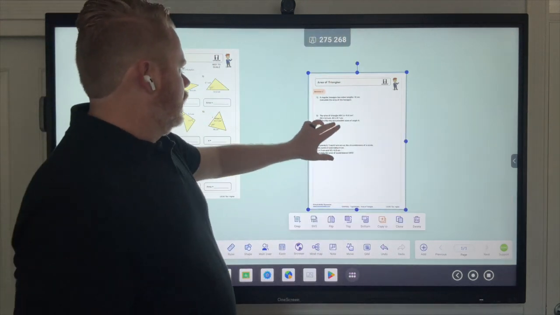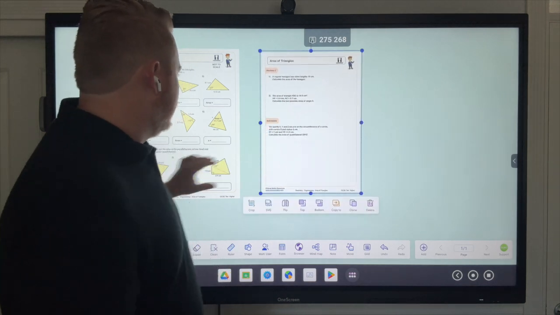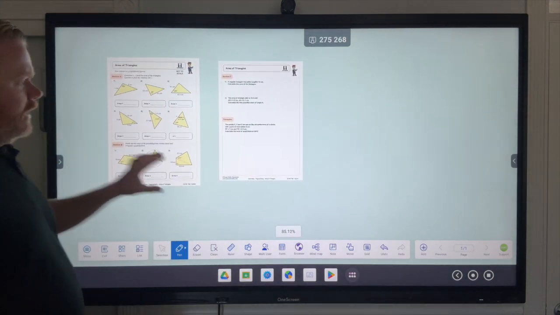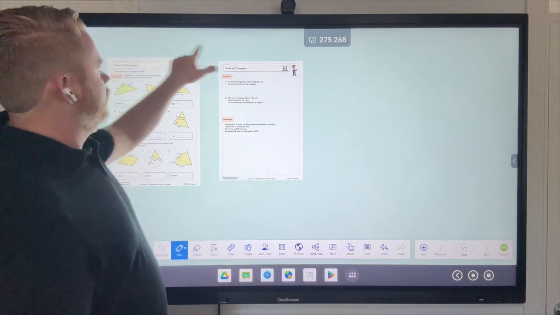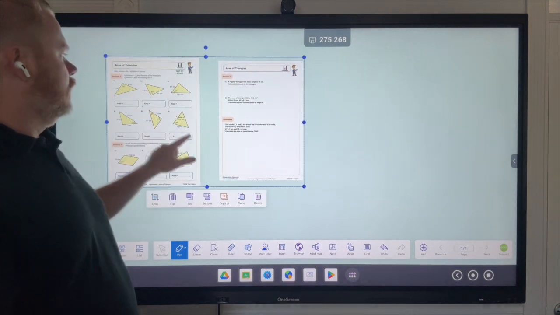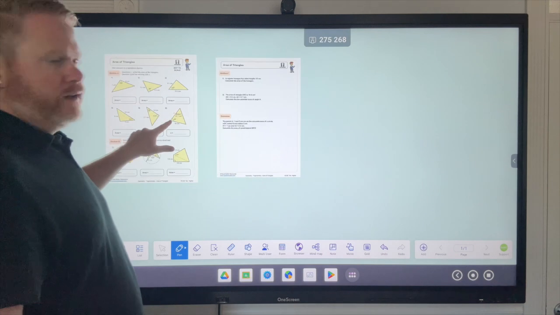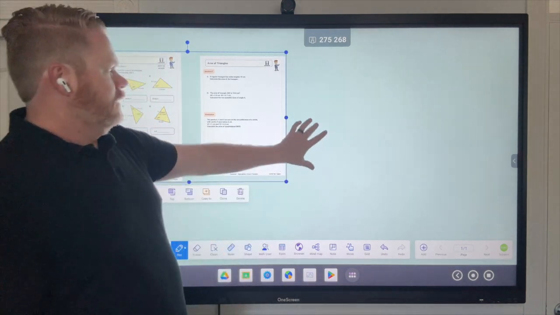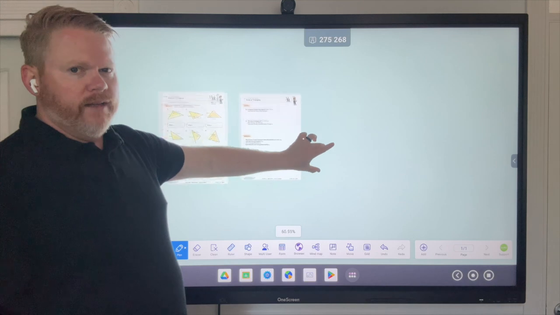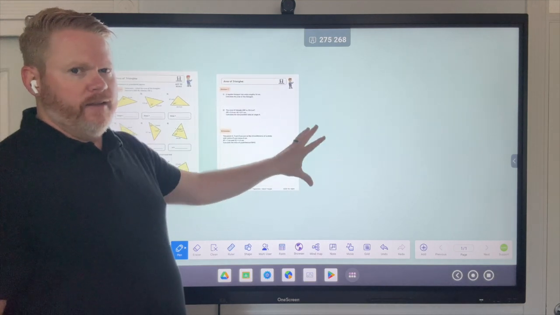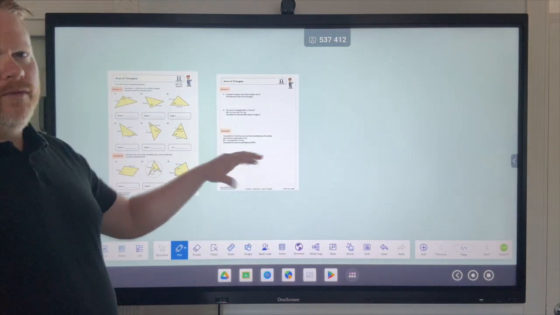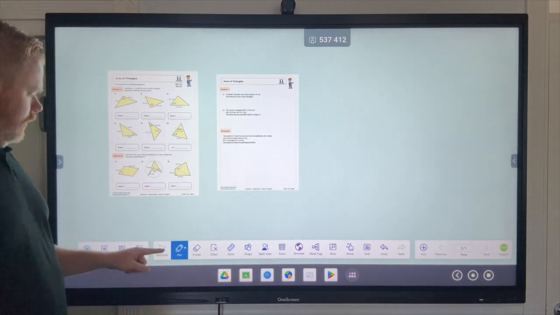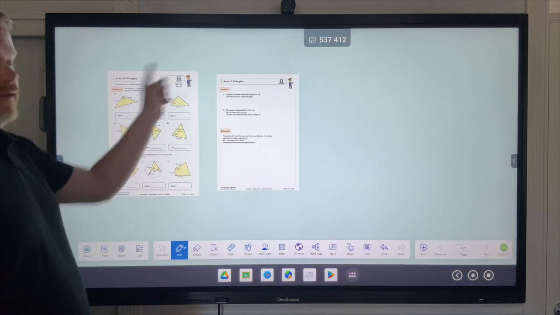And here we are working on this 2-page PDF, right? Now, at any point, I can move around everything on the panel, and I can also select these items and move them around, right? So it's very user-friendly. I mean, there's just a lot of features that are intuitive, and I may not even mention how easy it is to create more real estate. But it's super easy, just the pinch in, pinch out features, and you can move a lot of stuff around. If you want to move around a specific object, you either hit the select button to select it,